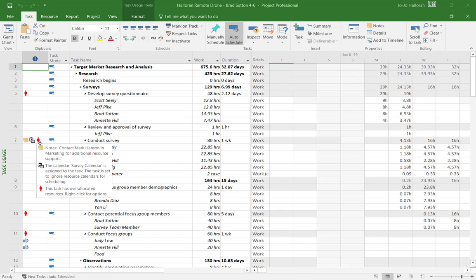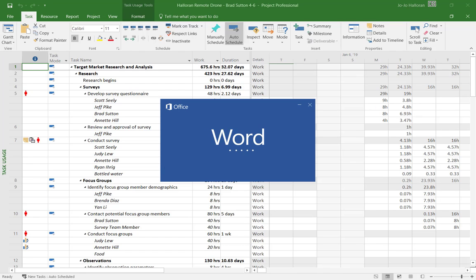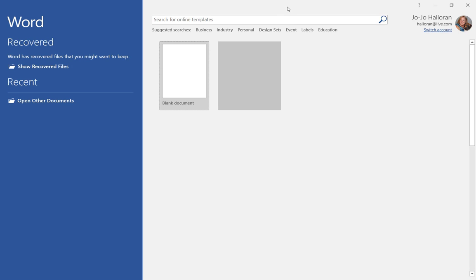As you can see, the last one there has some notes and other things, but this task has over allocated resources, and you can right click on it for the options. What we're doing in this assignment is we're going to locate Brad Sutton and review his assignments for the weeks of January 7th and January 14th, because we want to find out why and where he has been over allocated. And then in a separate Word document, we're going to type up a little note indicating why he has some allocations,